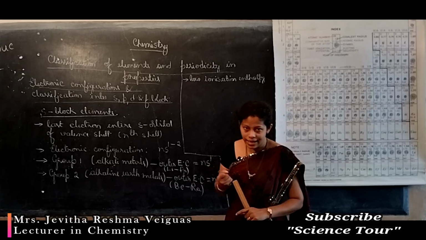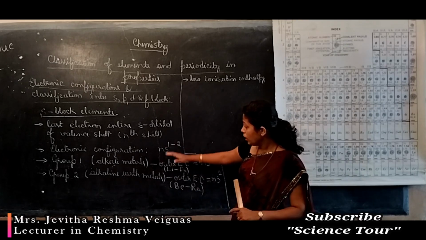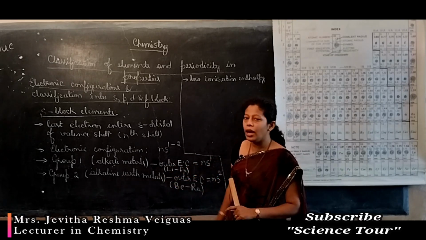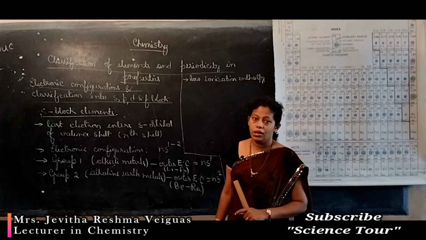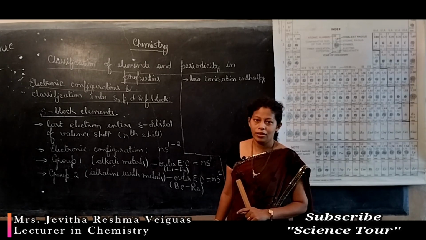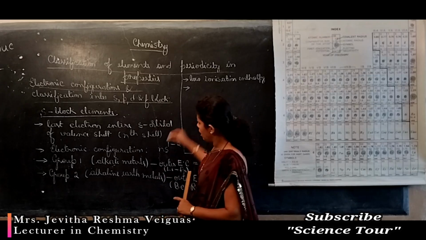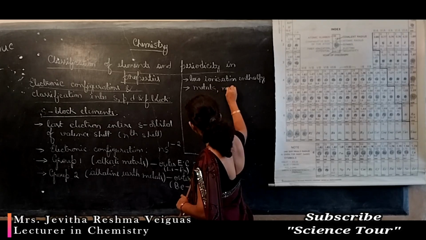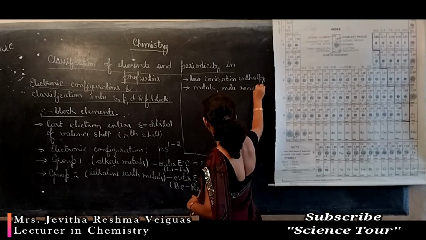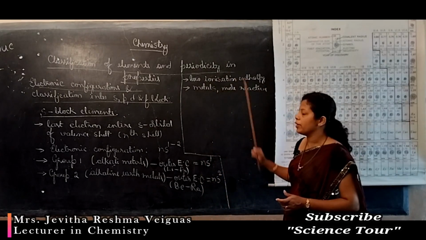If the energy required is less, removal of the electron becomes easy. So these elements, group 1 and group 2, have low ionization enthalpy. Means in this case, removal of electron becomes easy. Students, those which lose electrons are called metals. So since they have low ionization enthalpy, these elements are metals, and these elements are more reactive. These are metals and more reactive because of low ionization enthalpy.